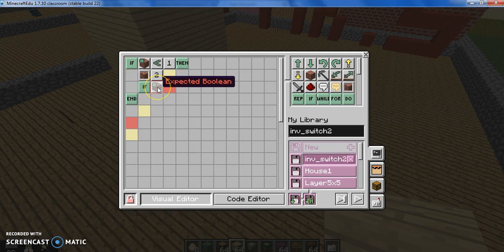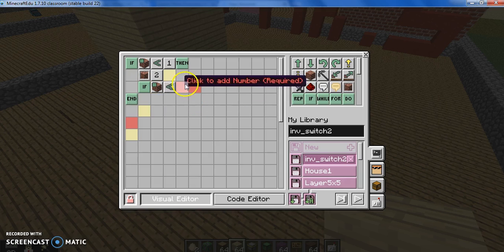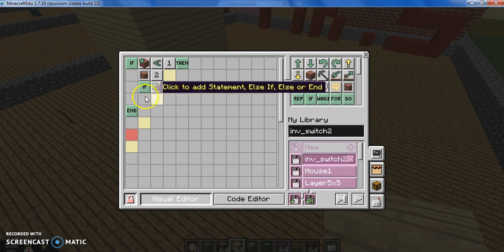But if that slot is less than 1, then what should it do? Then, and I'm going to hit hover here and just hit the enter key because I need to knock down that line again. Then it should,